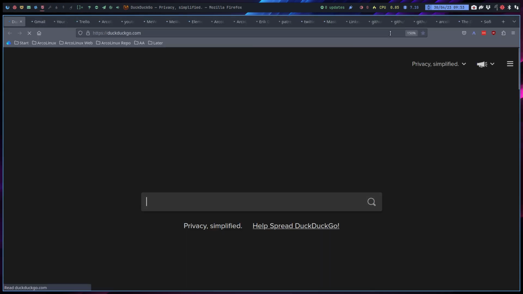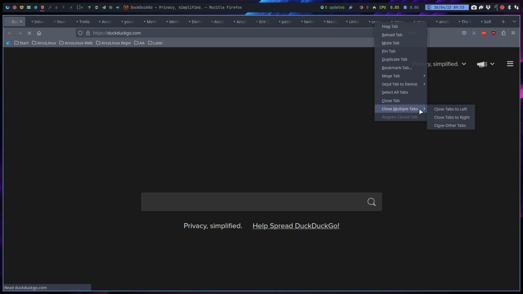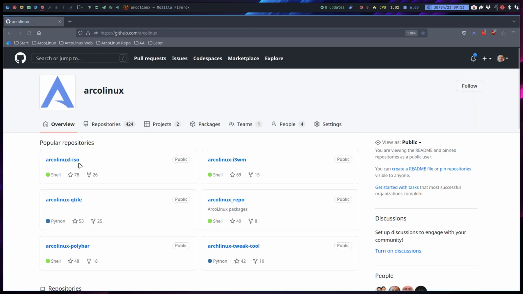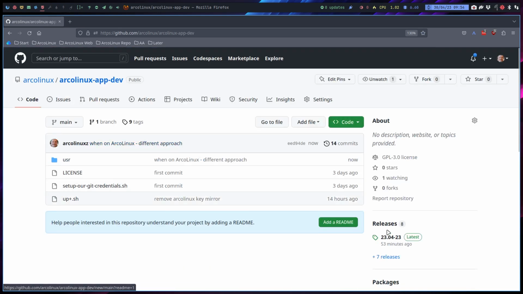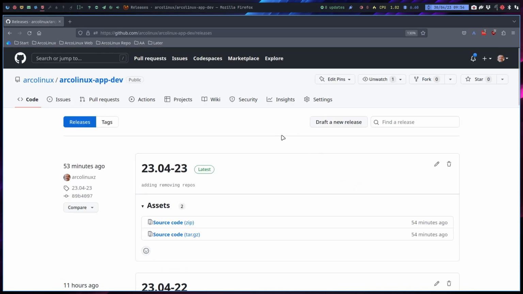To Firefox, to GitHub, close other tabs. And then the app dev is first. Number 24.